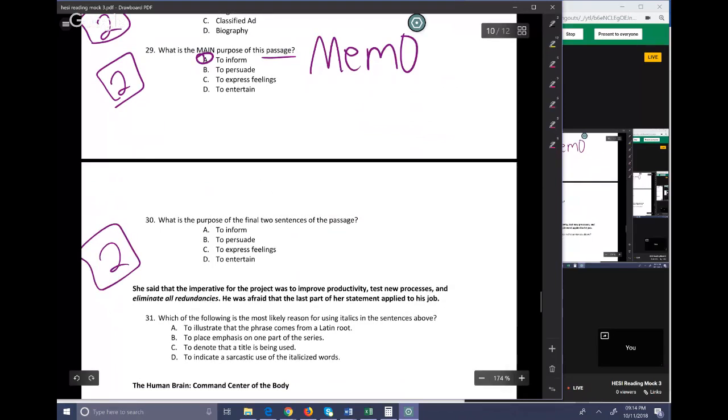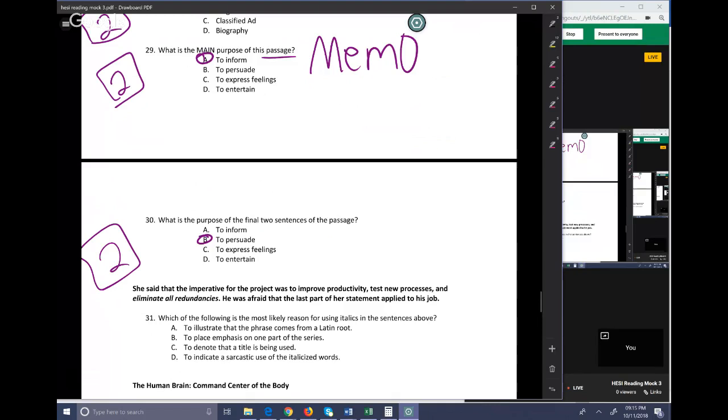This one wants to know about the final 2 sentences. I did that to make you think, wait a second, did I answer 29 wrong? Because definitely the final 2 sentences are to persuade. Hopefully, answering number 30, you thought, wait a second, if I took those final 2 sentences out, would that mean that the purpose of the rest of the memo, which would be the vast majority of the memo, was more informative? Hopefully, if you answered 29 wrong initially, 30 made you go back and answer it differently, and you changed to inform.